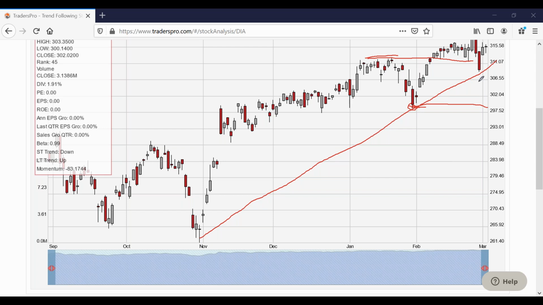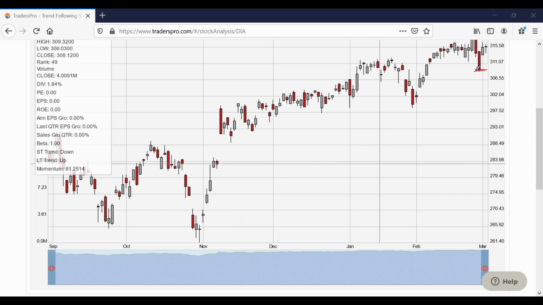Now you can make the argument that it could break below that uptrend line and be considered the trend broken, but I mean it would really be broken if it dropped below that low as well. But that definitely would be a sign that it's breaking down, if it breaks that trend line. Now we did rally off of that. We are holding that, but that low from Friday is going to be key for the Dow chart.